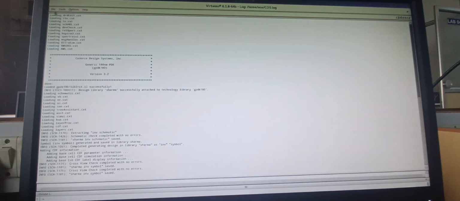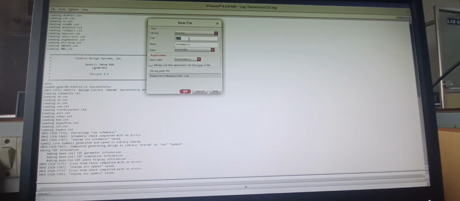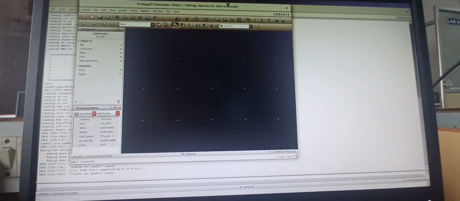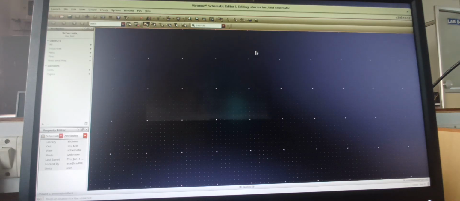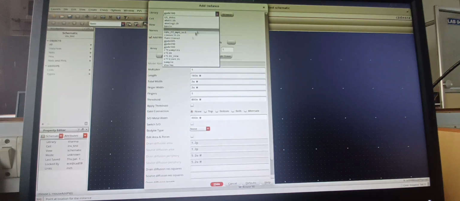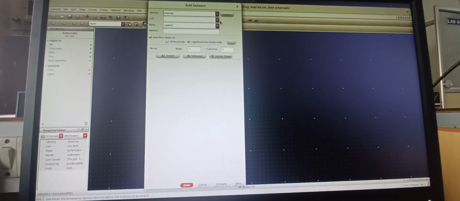Both can be closed. Next, go to file, go to new cell view, because using that symbol, what we will do, we will test the circuit which we have designed. So you can give the name test as new cell view, and you can import your symbol by pressing I. Go to your library and there you will find your inverter symbol. So that you can choose